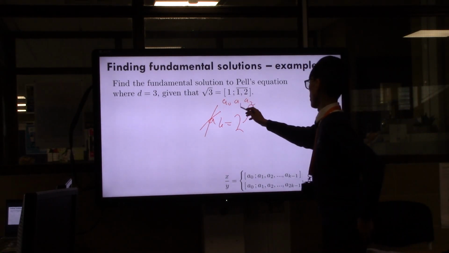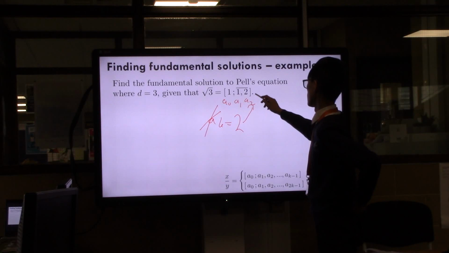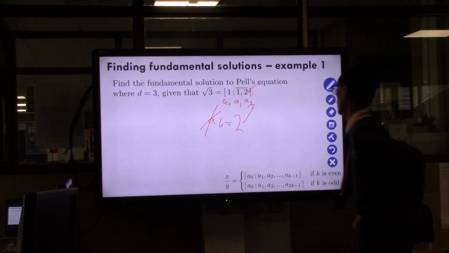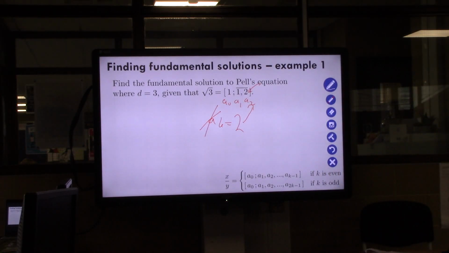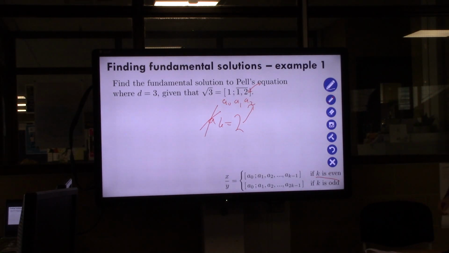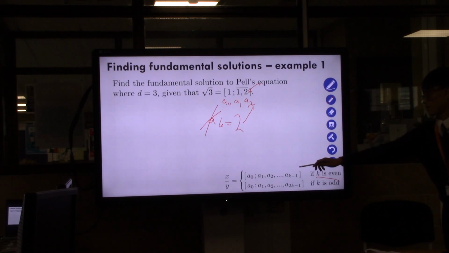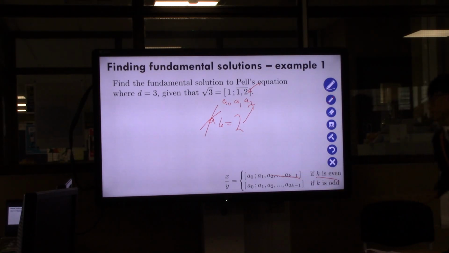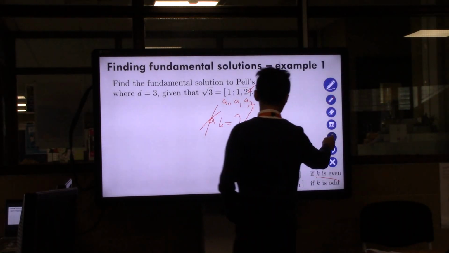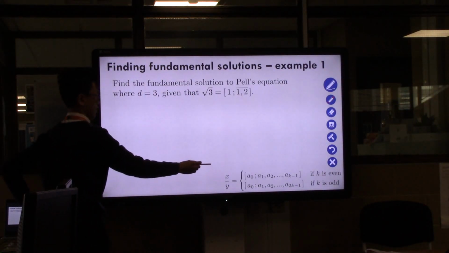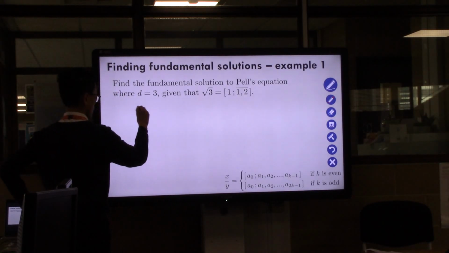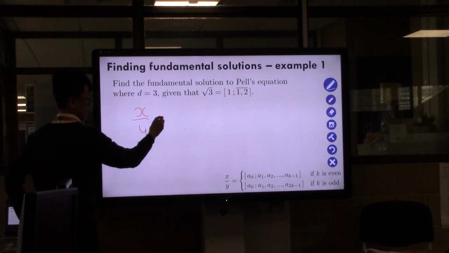So that's a0, a1, a2, so k is equal to 2, because this is the last part of the denominator. And because k is equal to 2, we know that k is even, and so x over y will be equal to this continued fraction expansion here. So we can say that because k is even, x over y is equal to,